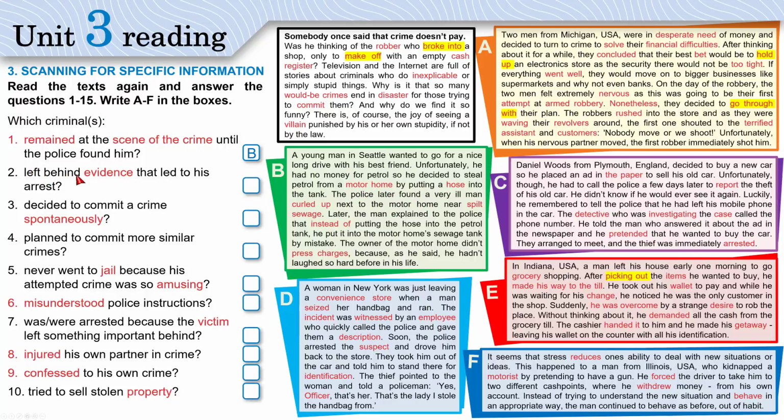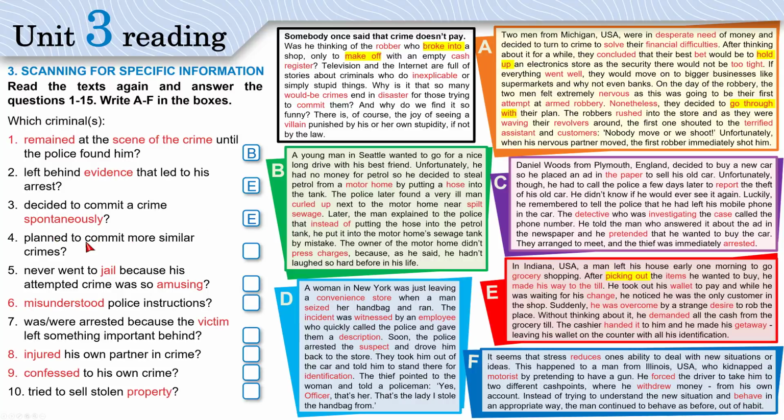Who left behind evidence? Evidence is something that the police use to find the criminal that led to his arrest. That's E. He left his wallet. Who decided to commit a crime spontaneously? Spontaneously means with no planning. That's E. He found no customers in the store and he thought to himself, why don't I just rob the